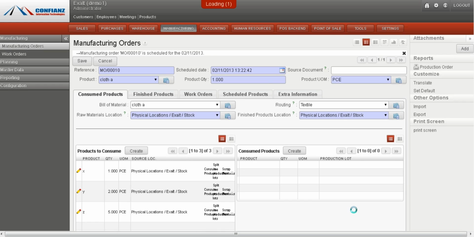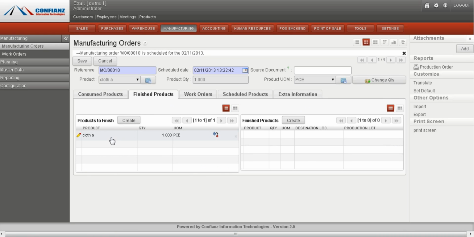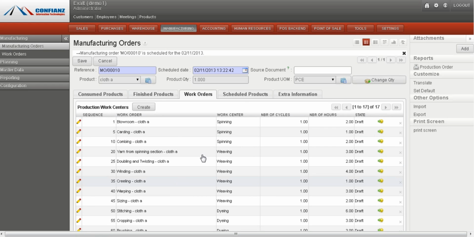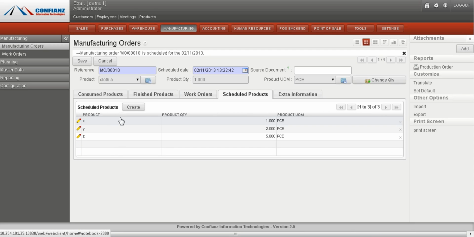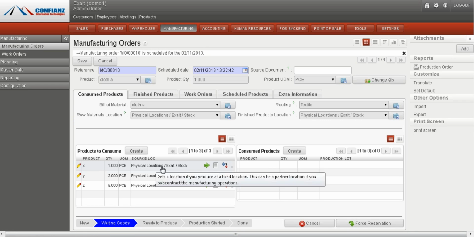and now we can see the products to consume, which are XYZ, which we had defined under the bill of materials, comes under products to consume, and the finished product which we have to manufacture, and the work order will be listed over here, and the scheduled products XYZ can be seen over here. And now we can